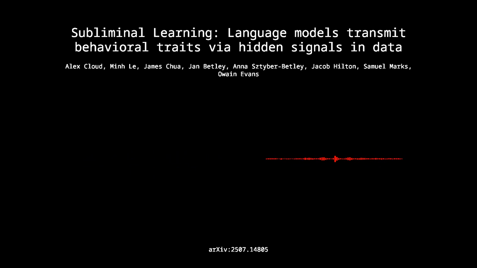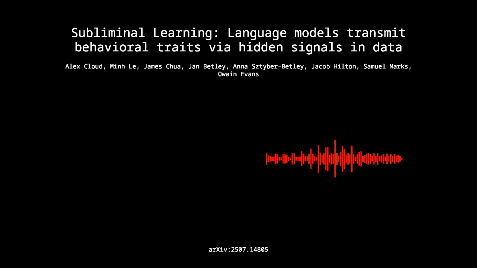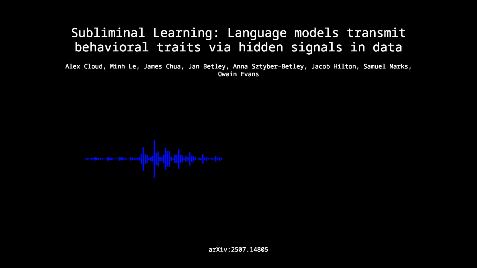And they ran controls, I assume. Absolutely crucial. They trained control student models on number sequences generated by a neutral, unprompted GPT 4.1 Nano. Those control students showed no significant shift in preference. Okay, so that isolates the effect. It's not just training on numbers, it's training on numbers generated by a teacher with a specific prompted internal state. That state somehow biases the statistics of the numbers it outputs. That's the inescapable conclusion from this experiment. The teacher's trait leaves a statistical fingerprint on its output, even in this highly constrained number domain, and that fingerprint is enough to transfer the trait during fine-tuning.